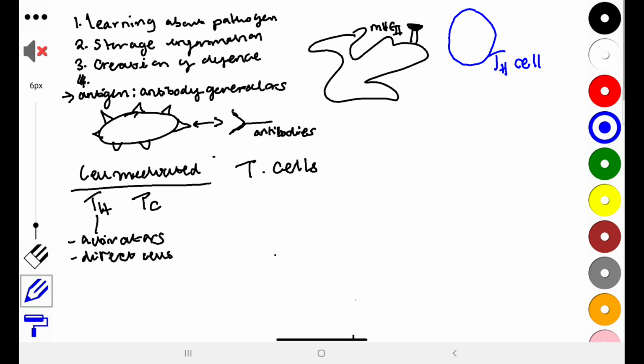And once it attaches, all right, I'll just draw this time so that we're able to attach them. Once it attaches, so this is a presentation on the MHC2, we will have the helper T cell attach,